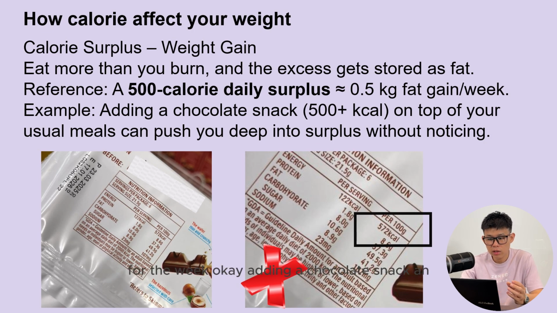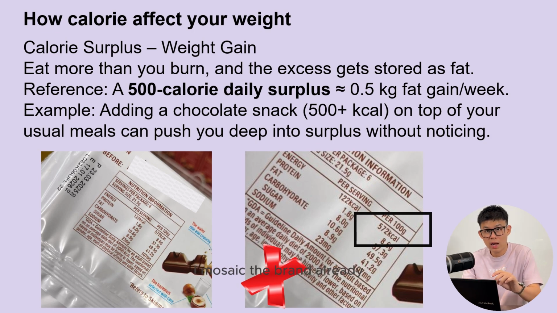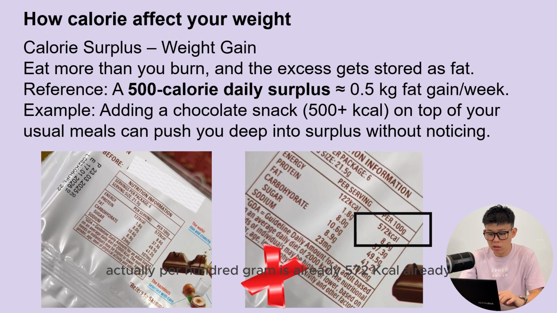Okay, adding a chocolate snack, this is a simple example, on top of your usual meal. You eat a normal breakfast, normal lunch, normal dinner, which is actually enough for your BMR already. But if you still eat some snacks as well, it will actually push you deep into surplus, without you noticing. This is a sample as well. I mosaicked the brand already, and we know it's a chocolate bar. And you can see here actually per 100 gram is already